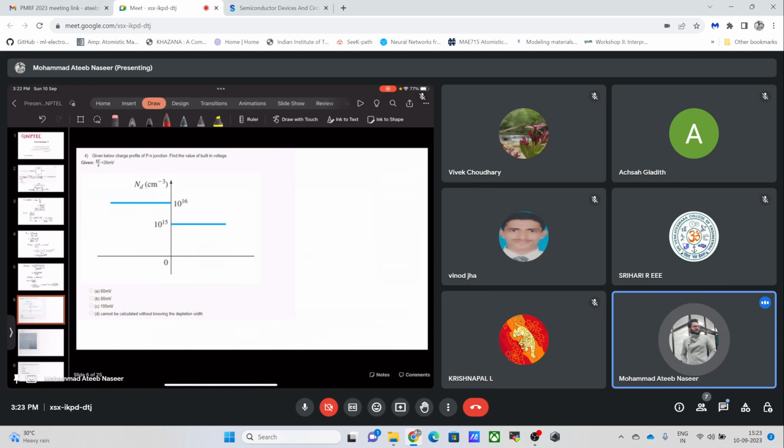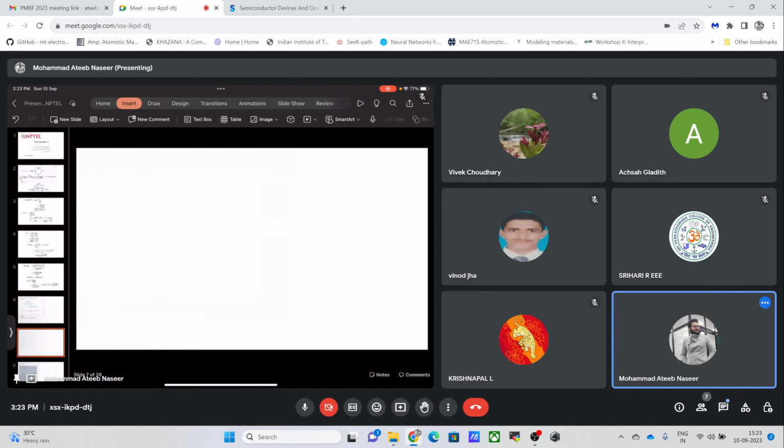Okay, now it means that there is a concentration difference between the two sides. As a result, when we draw our equilibrium, the Fermi level will be aligned, as a result of which there will be the transfer of the charge carriers. So when we see this clearly, when we try to draw its energy